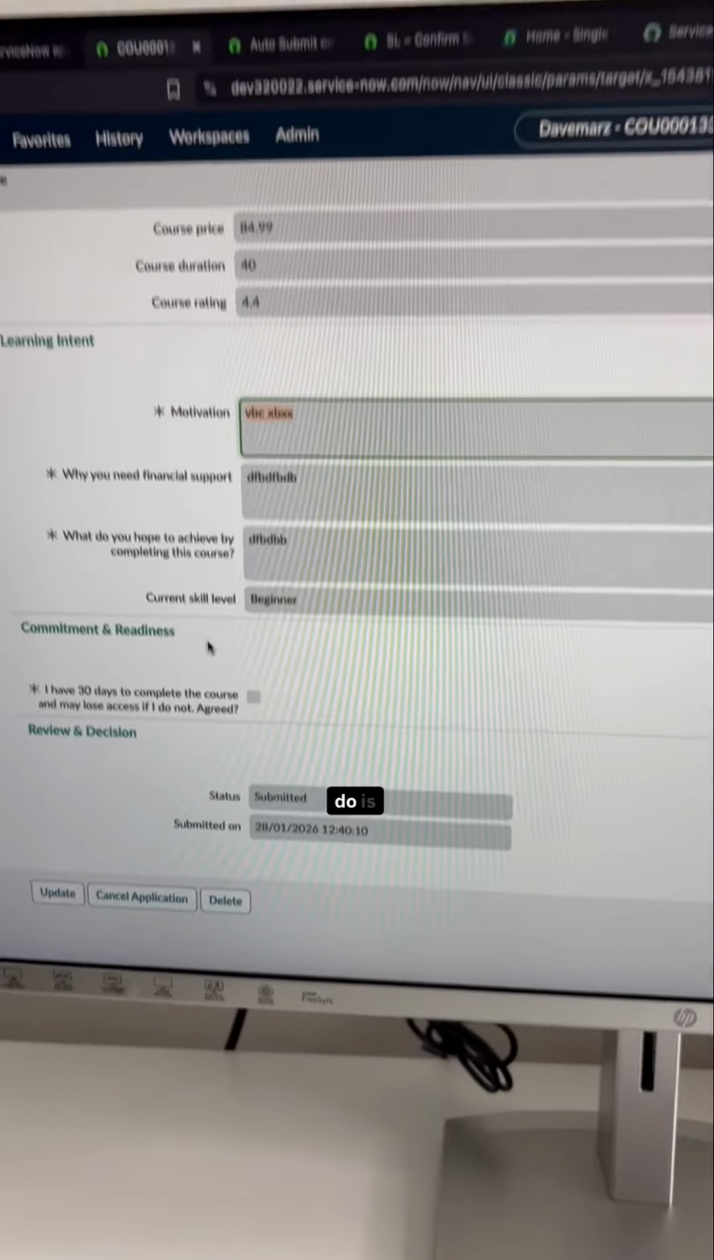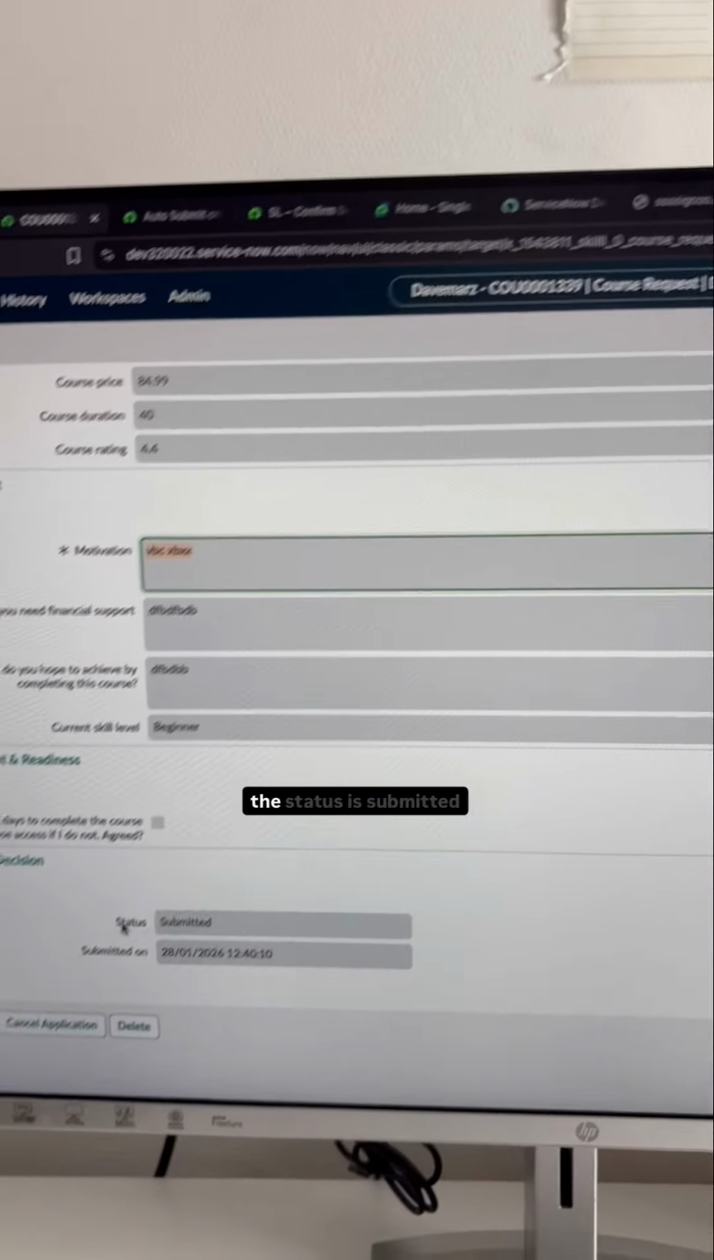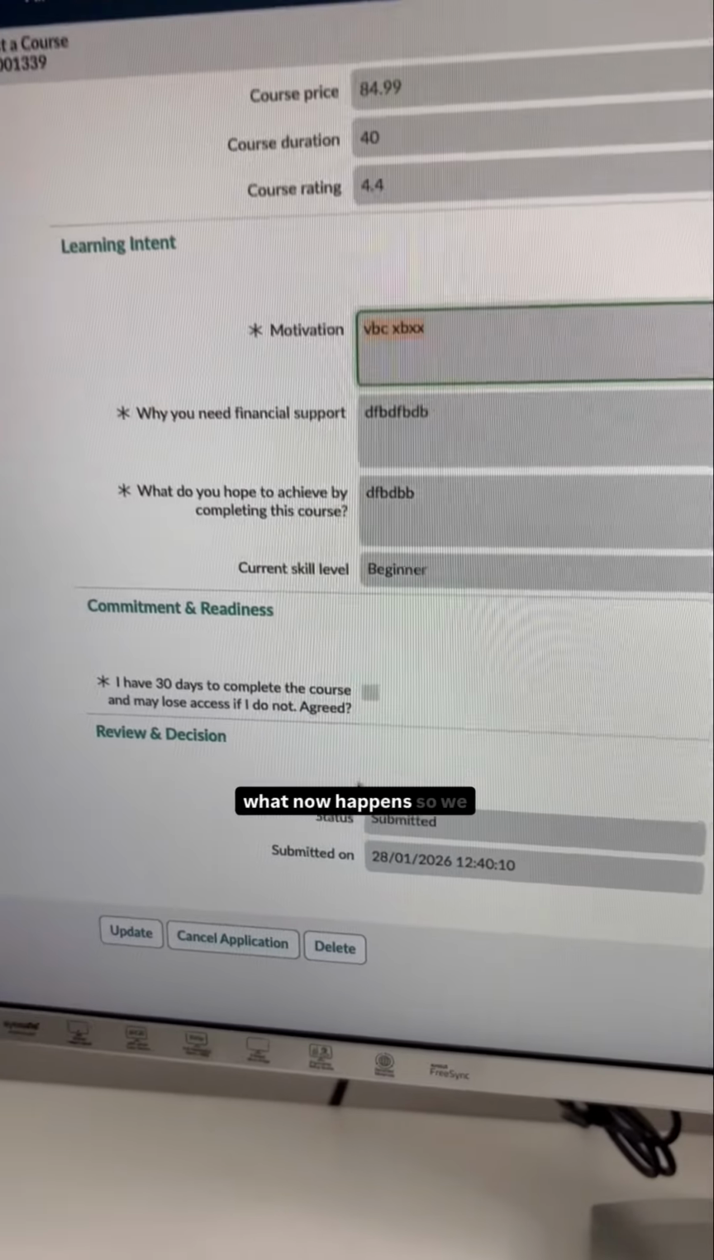So the next thing we're going to do is start to build our flows using Flow Designer. When the status is submitted, what now happens? So we need